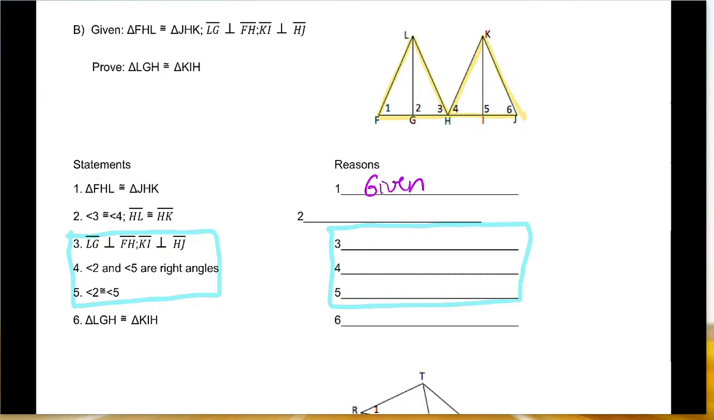My goal is to get triangle LGH congruent to triangle KIH. Things that the new triangles have in common with the original triangles are the side LH and KH, also angle 3 and angle 4. So those 2 items can come from CPCTC and can now be used in the pink triangles, which are our